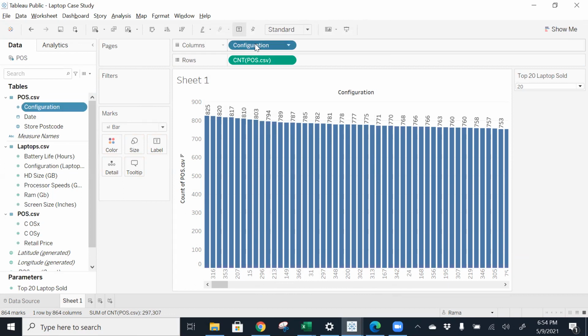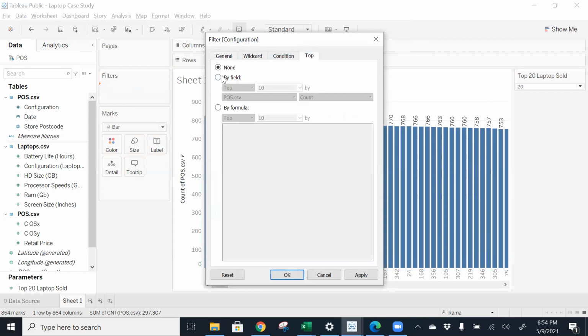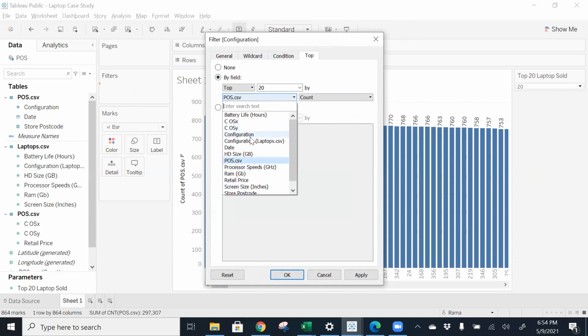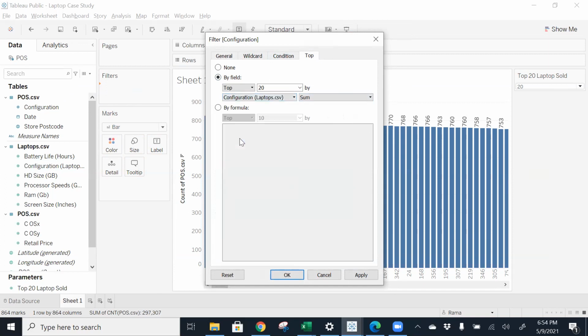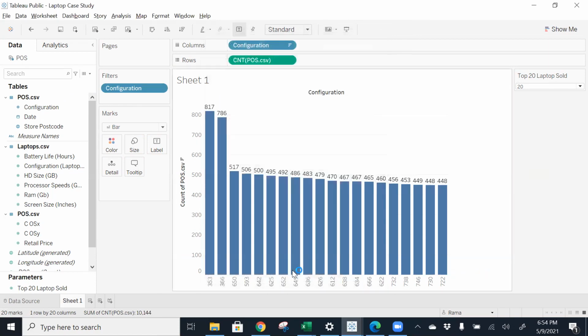Here or here? Now we only have the top 20 configurations.